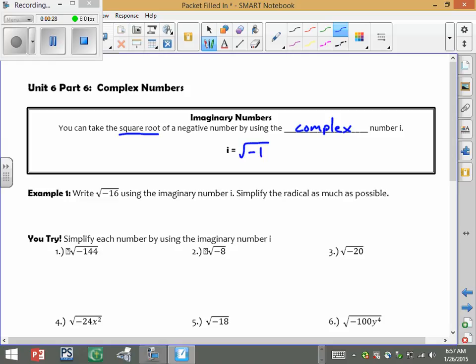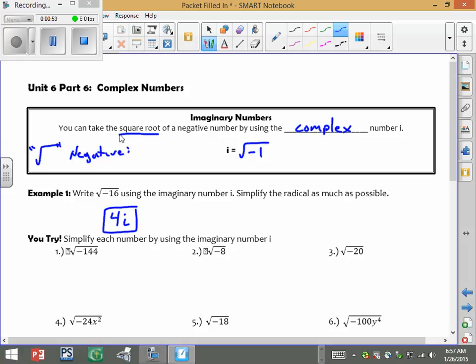So if you think about it initially, to get negative 16, you'd have to do negative 4 and positive 4. Well, the issue there is they're not exactly the same, so you can't pull them out. So the mathematical way to approach this is we know the square root of 16 is 4, and since there's a negative underneath the root, you just put an i next to 4. So if you take the square root of a negative,